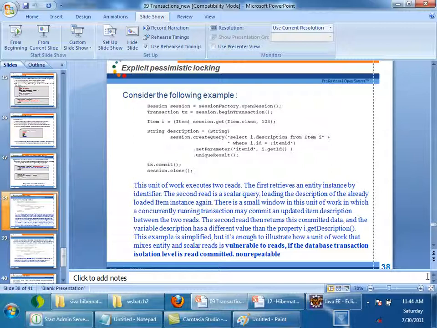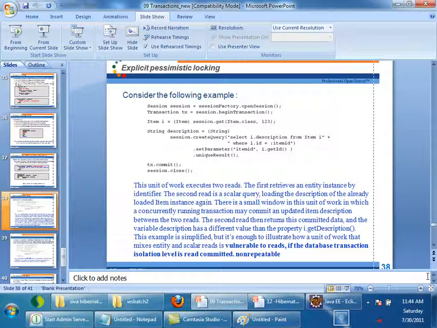Here I am saying session.get, and here I am calling a create query, and I am getting the same item. One by using session.get and one by using create query, I got 2 items. But the idea of both of them is the same.